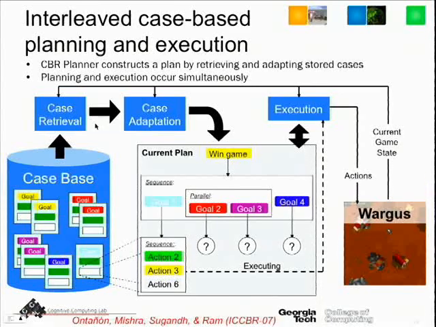But unlike a traditional AI planner, we haven't yet planned what we're going to do for goals 2, 3, or 4. We don't know what this world is going to be when we get there, right? And that's sort of the difference. Because we cannot predict the outcomes of our actions, we just have to execute them, see what happens.